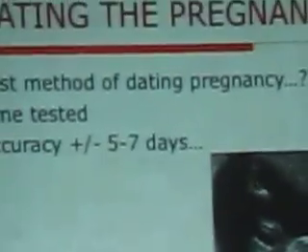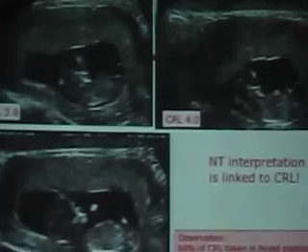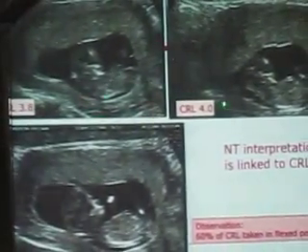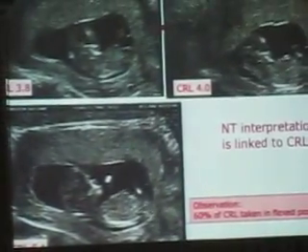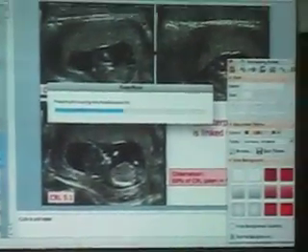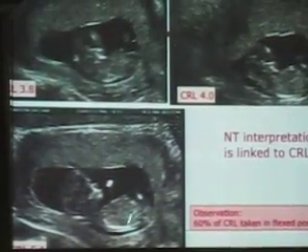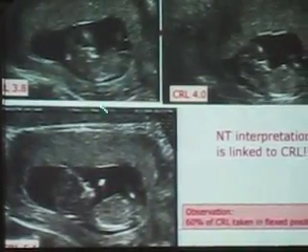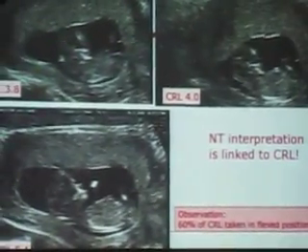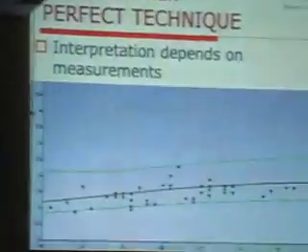Okay. Now the best method of dating the pregnancy certainly is CRL. As I told you, the accuracy is within 5 to 7 days, provided proper technique is followed. Now here's a fetus which has got a CRL of 3.8, a CRL of 4 and a CRL of 5.1. No. CRL of 5.1. Okay. So that means this is eligible for first trimester screening. This is not eligible for first trimester screening. The interpretation of gestational age is different from CRL 3.8 to 5.1. So never take it in the flexed position, make sure there's fluid between the chin and the chest.